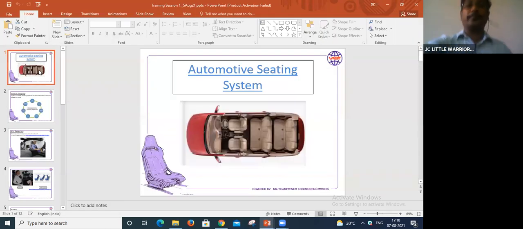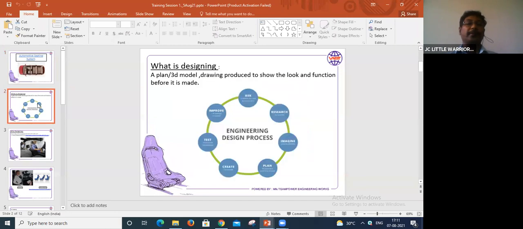So, guys, good evening, everyone, and here is the last class which we discussed about. In last class we discussed about design, what exactly is designing and why it is required. We discussed about the process flow, how exactly design happens in